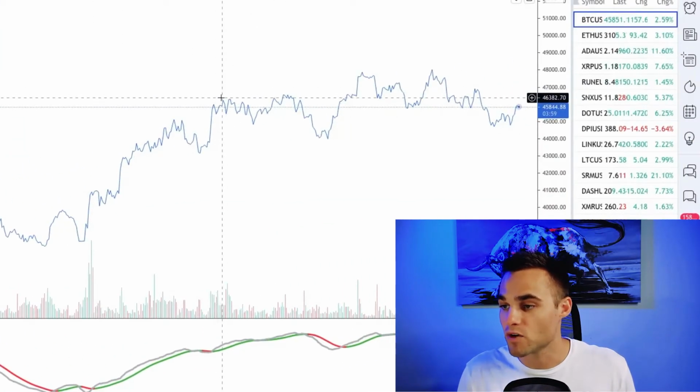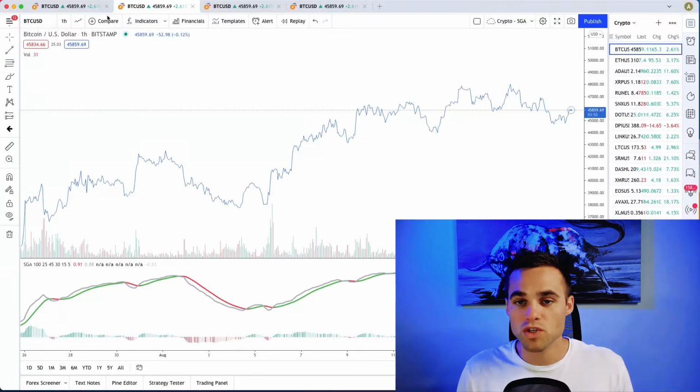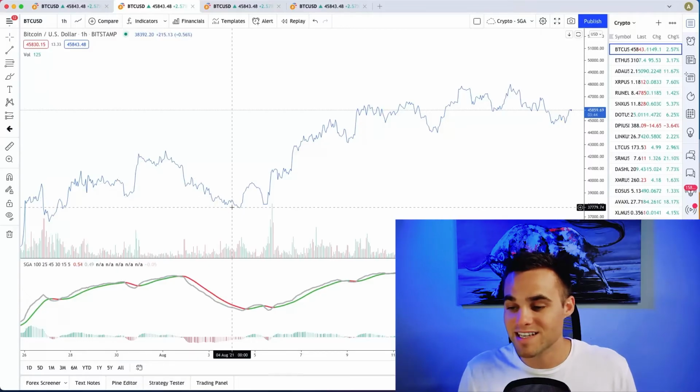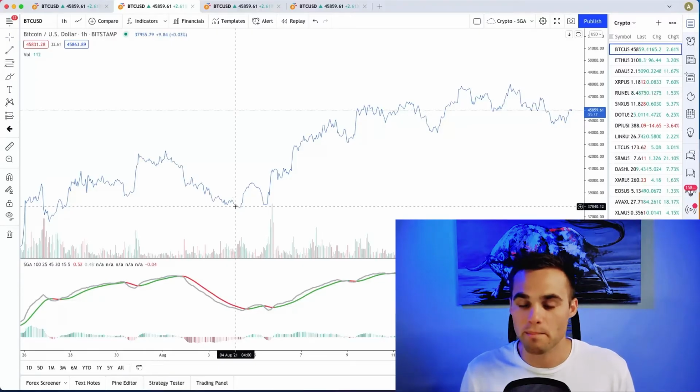It makes it a little bit easier. We can also see kind of right around here is another key zone where price likes to reject off of, and it also turns into support. So sometimes switching from just a candlestick chart to a line chart can help you find support and resistance. And again, support and resistance isn't a completely 100% accurate thing. It's somewhat subjective, but using a line chart can help you get better areas to draw support and resistance at.